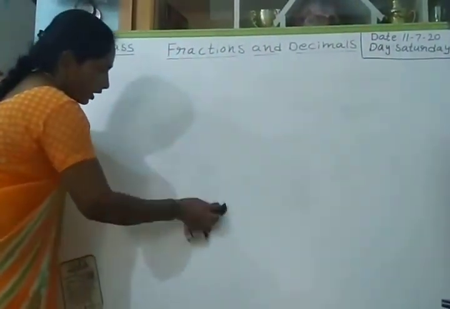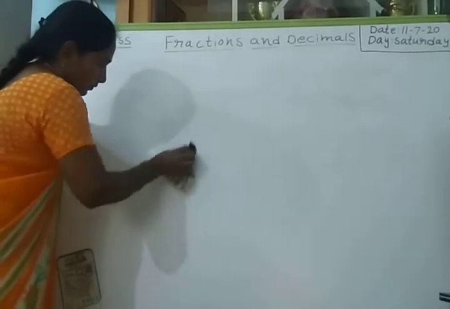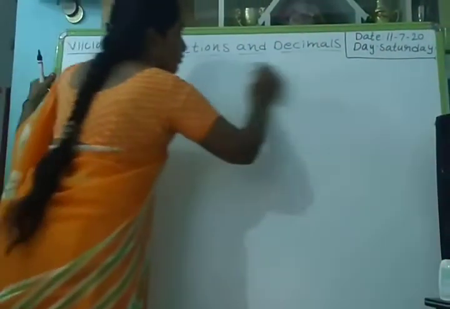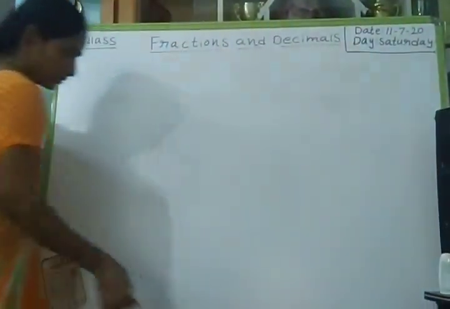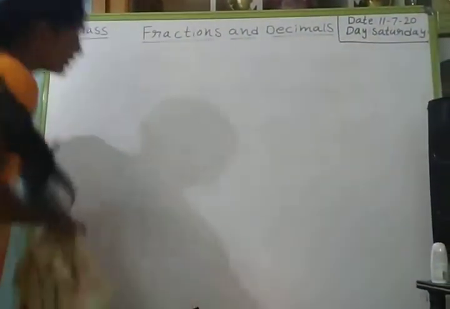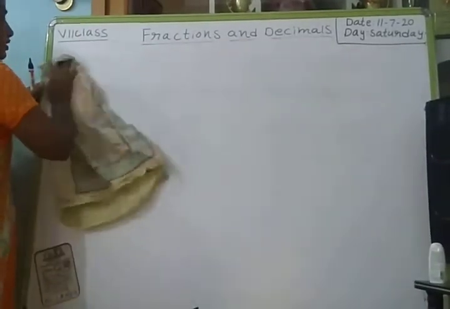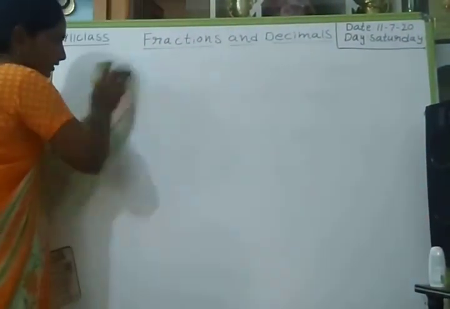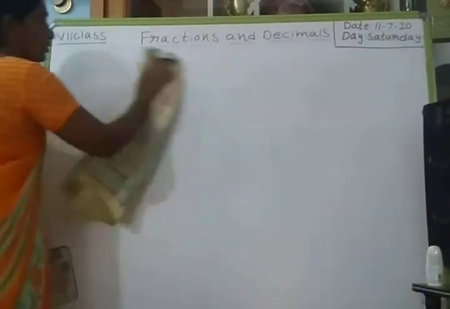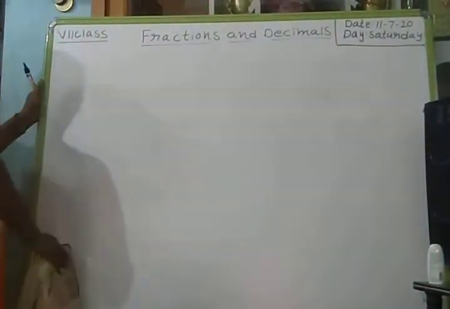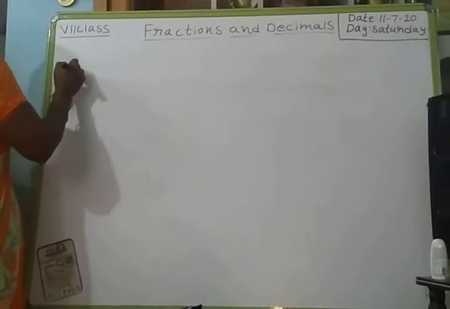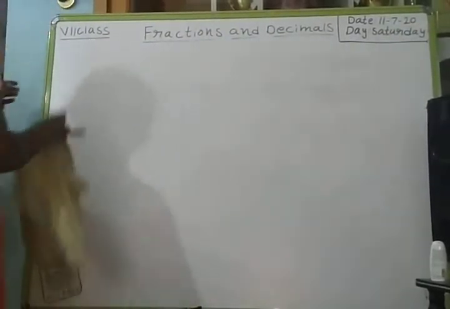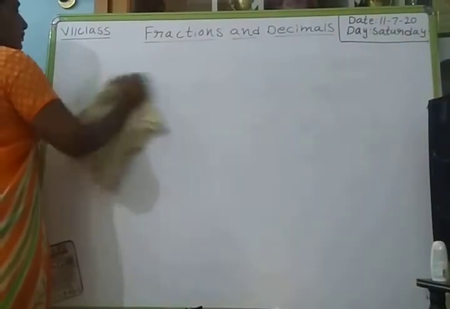So now what do we have to discuss? Decimal fractions, vulgar fractions, equivalent fractions. So we still have 3 types of fractions. What are they? Decimal fractions, vulgar fractions and equivalent fractions. Today we are starting this class with decimal fractions.